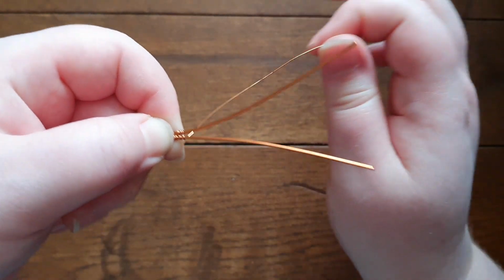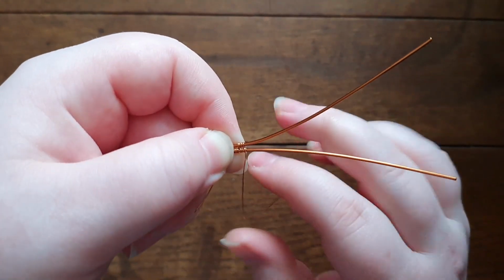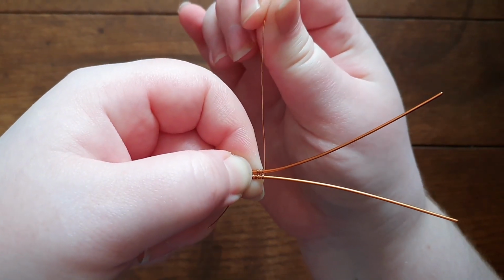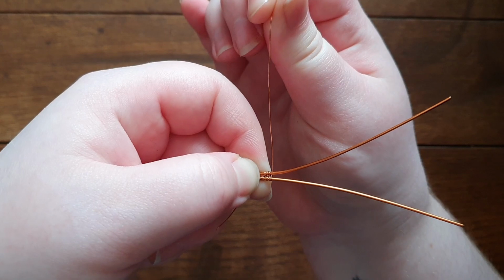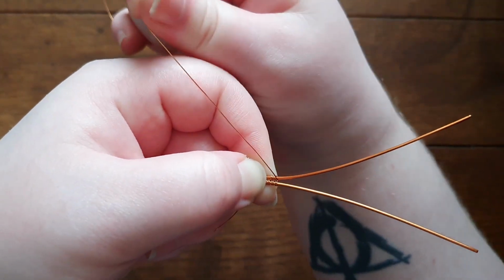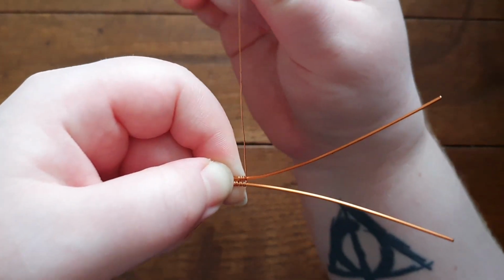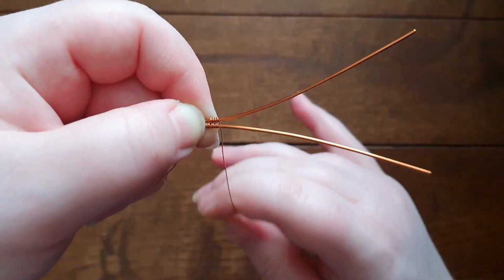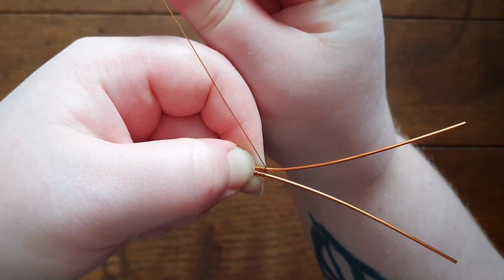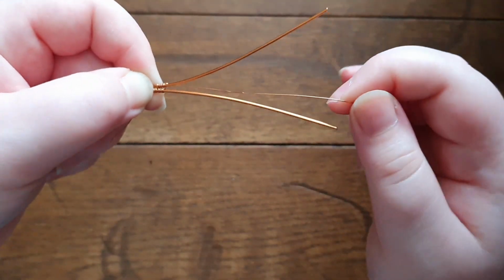So again, I was now at the point where I needed to come up between. I'm gonna do one full wrap around the bottom, and then I'm gonna do again a loop until I'm at the bottom of both of the base wires. I'm gonna come up in between, pull it a little bit towards the side so it's nice and neat against the previous section. We do one full loop around the top, pull again, and we continue by coming up between